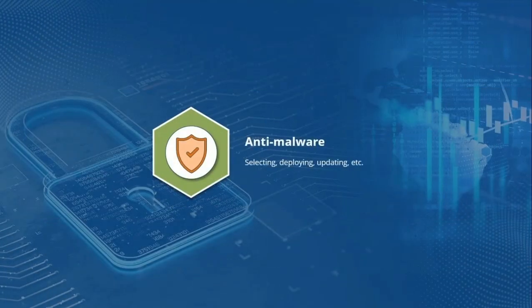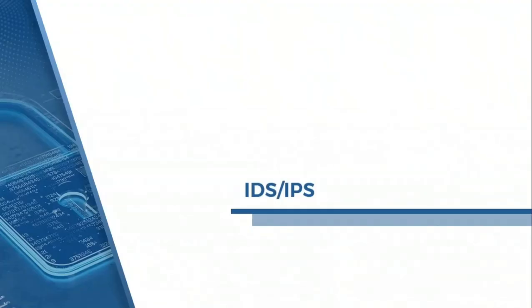And of course, anti-malware. Selecting the appropriate one, deploying it, and keeping it updated. There should be antivirus for the network segments as well as individual machines. Now, I can't endorse a particular antivirus manufacturer, but I do recommend you carefully review and compare them. Don't just grab the one whose name you're most familiar with or you used at your last job. These are basic security devices that must be in place in your organization to even begin having a secure network. You can select the appropriate device for your network.